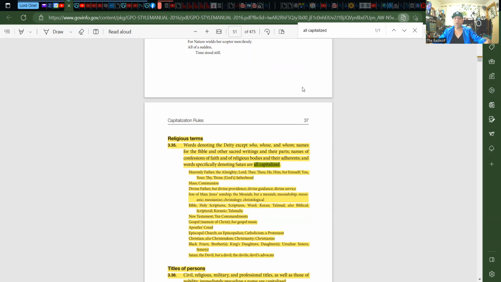Okay, so that's the only spot in this entire manual where somebody denotes all capitalized. This stuff has been so hidden, I'm surprised I even found this. Almost nowhere do they want to talk about all capitalized. And here I find it funny that they use that, and words specifically denoting status are all capitalized. Wow. Okie dokie.